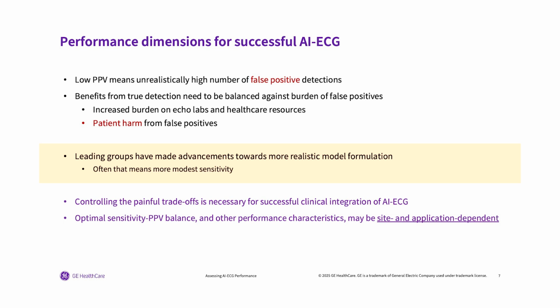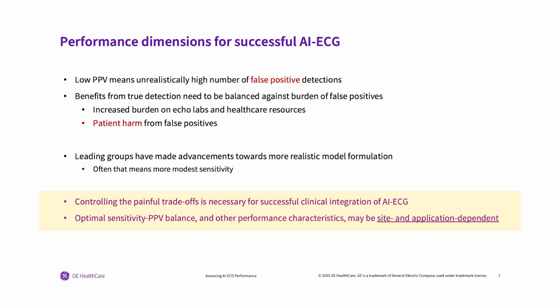Leading groups have made great advancements towards a more realistic model formulation, some of the groups that you saw in the previous slide, as well as experts that you will hear in these learning labs. So controlling these painful trade-offs is very necessary for the successful clinical integration of AI-ECG. And the less well thought out that appropriate balance is, the more painful trade-offs these models would have when brought to practice. So thinking about that optimal balance, as well as other performance characteristics, can be site and application dependent